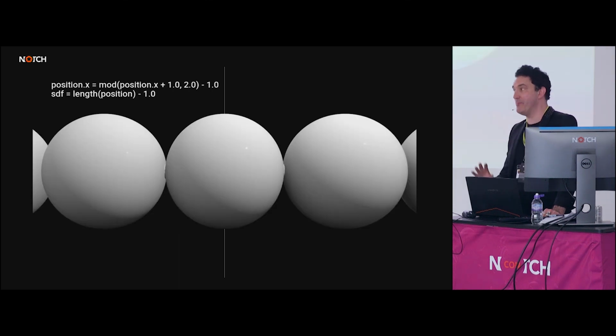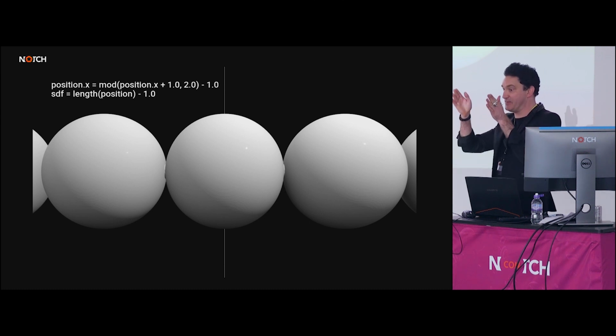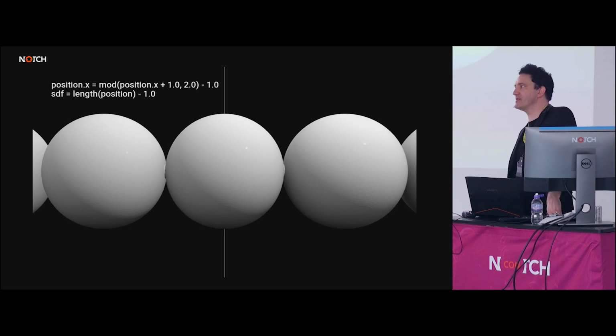What if I want to repeat the sphere infinitely, forever, in space? So I can repeat a sphere infinitely just by repeating space around a small point. So instead of saying that space goes on forever in that direction, I actually say space only exists around the sphere, and I just tile space. So now, when I evaluate that, it gives me the impression that the sphere just goes on forever, because actually